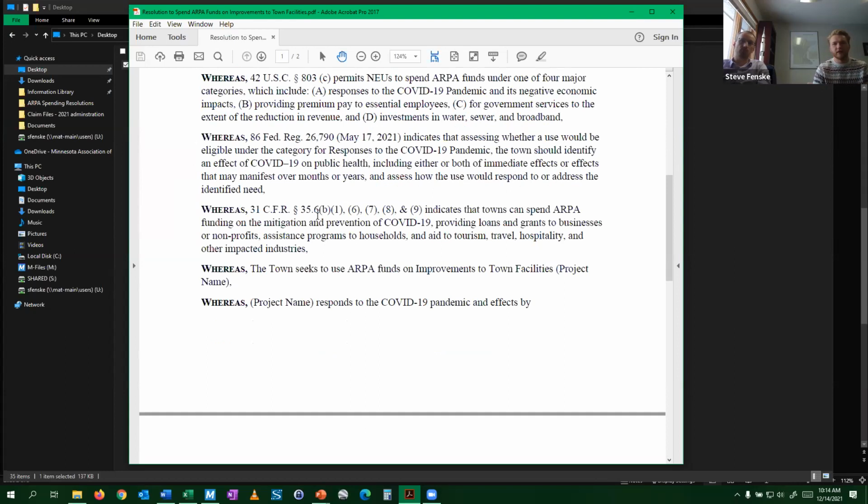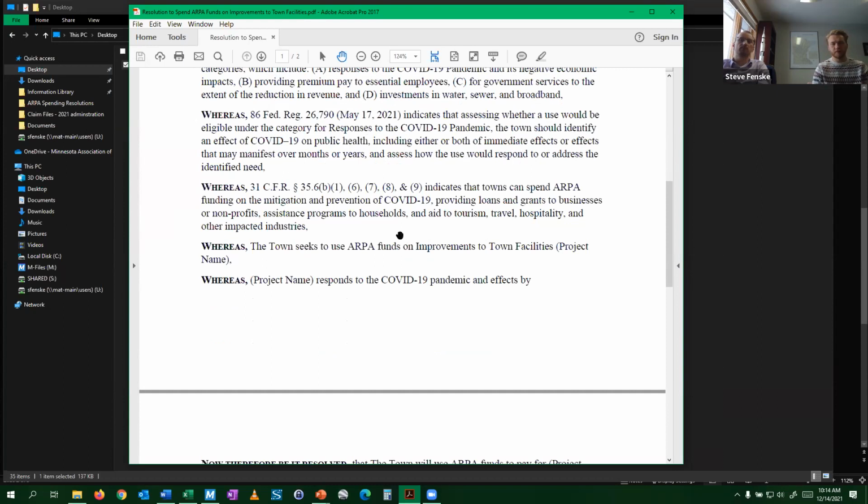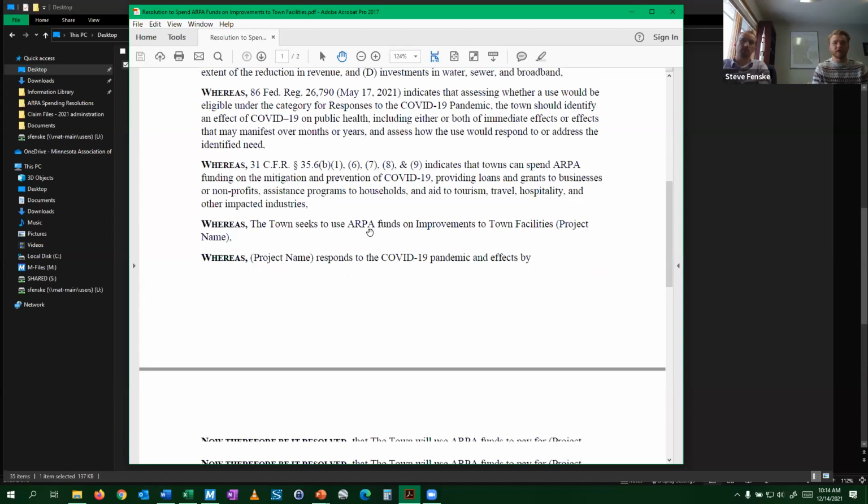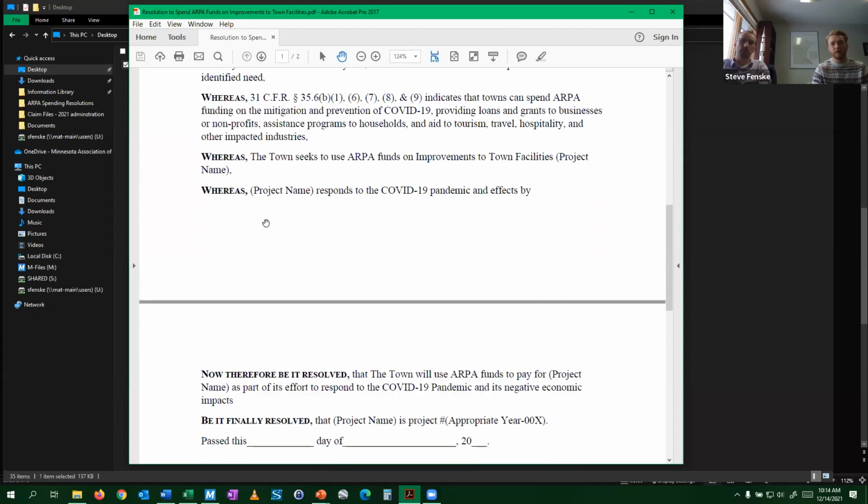Here, it says that the intended cost is under this first category, responses to the pandemic and its negative economic impacts, and defining what that is in here. And so it says that prevention and mitigation of COVID-19, providing loans and grants, things like that. And so then we start to talk about what the town is looking to use it on.